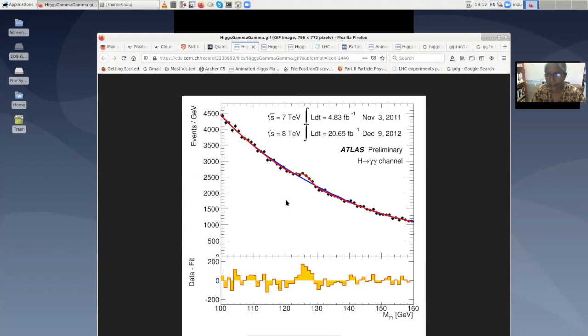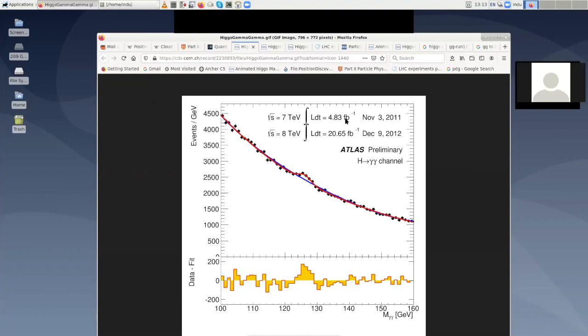What is fb inverse? Oh, this is femtobarn. I told you the cross section has dimensions of area, right? Area is meter squared or whatever, and one femtobarn is 10 power minus 24 centimeters squared. Since these cross sections are all so small, you don't want to write it in terms of 10 power minus 24 or 10 power minus 30 times some meter squared or centimeter squared unit. So it is usually written in terms of barn, and femtobarn is 10 power minus 12 times barn.